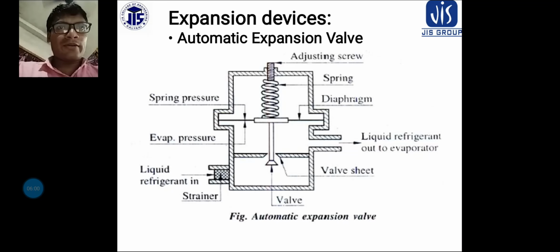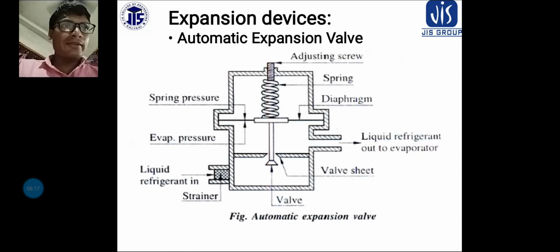An automatic expansion valve must be set to prevent overfeeding on the low load condition, and therefore it cannot feed enough on high load condition.